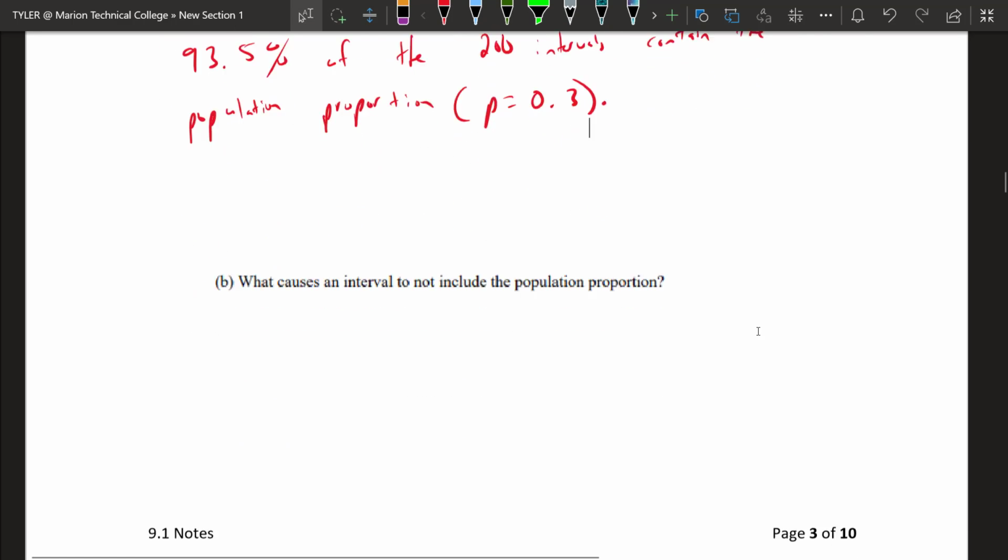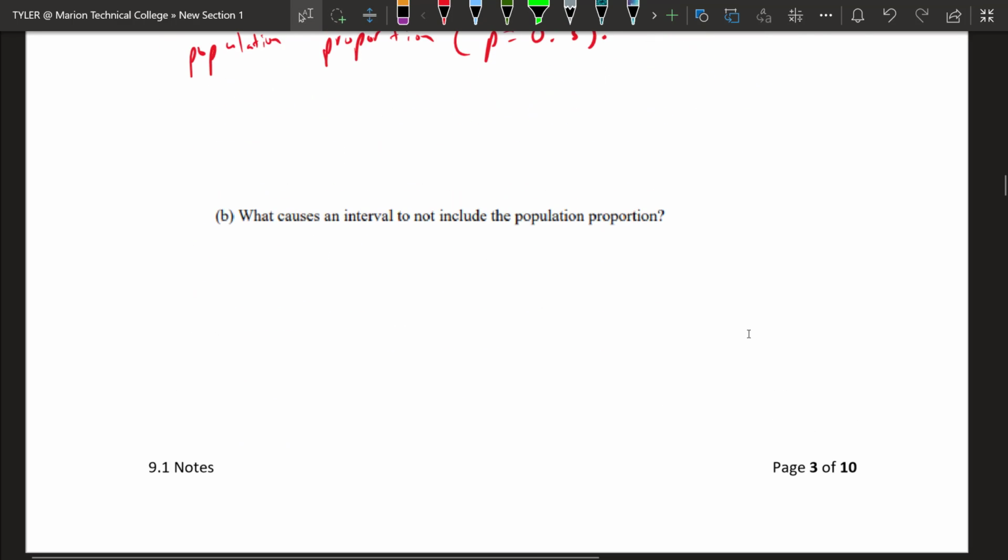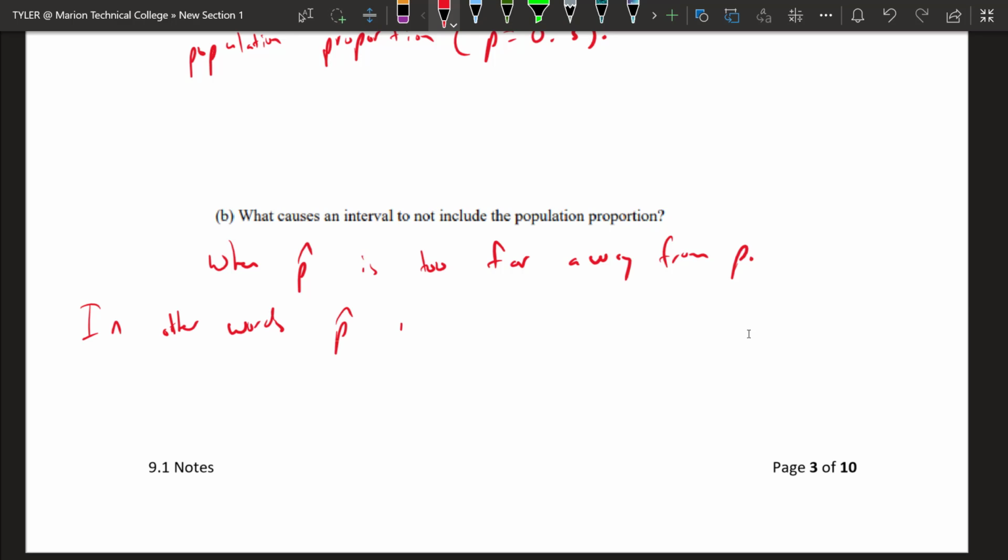Right? So then part B, it says, what causes the interval to not include the population proportion, right? So this happens when p hat, your sample proportion, is too far away from P. In other words, your p hat is in the tails, right? So what that means, we could write that down: your p hat sample is located in the tails,